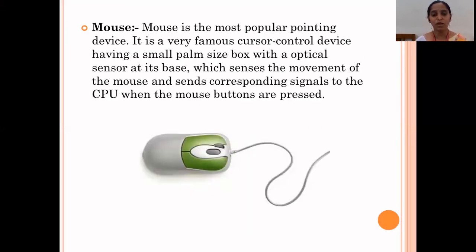Okay, next one is a mouse. Mouse is most popular and used in daily life for pointing at content and text. Mouse is also called a pointing device. It's the most popular input device. Using the mouse, the user can easily point out or assign instructions to the computer.